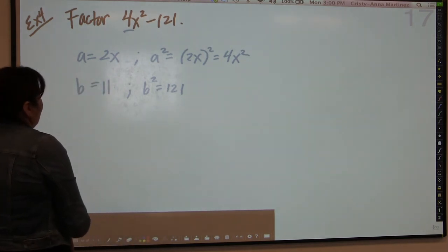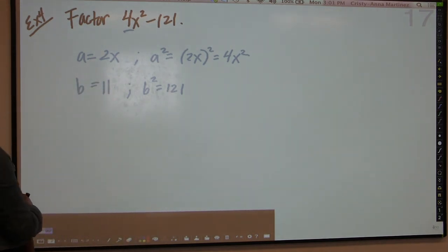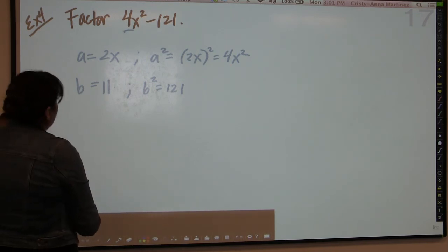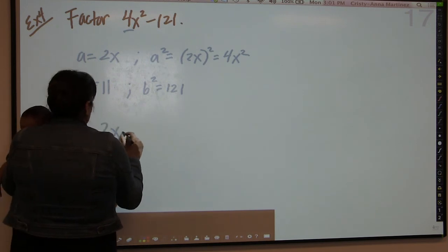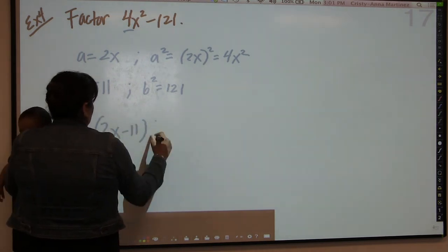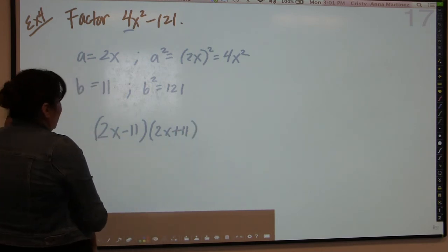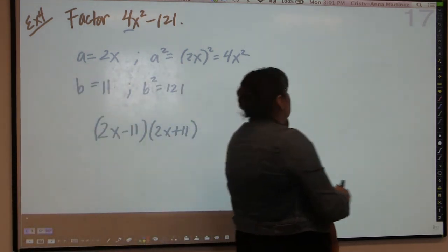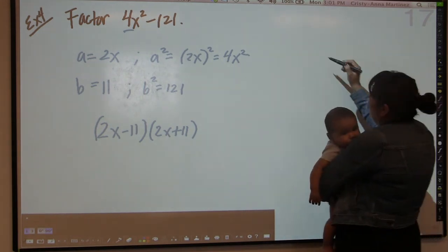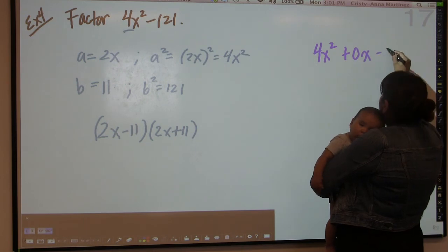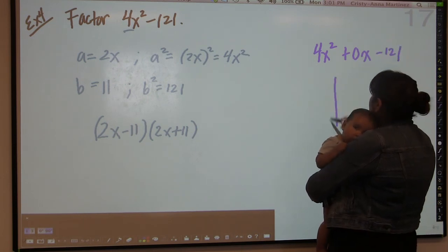Okay? So in that case, you just have to adjust your a value because it's got two parts, the 2 and the x. But again, the answer would be 2x minus 11 and 2x plus 11, and then you'd be done. And if you use the other method, you would have 4x squared plus 0x minus 121,